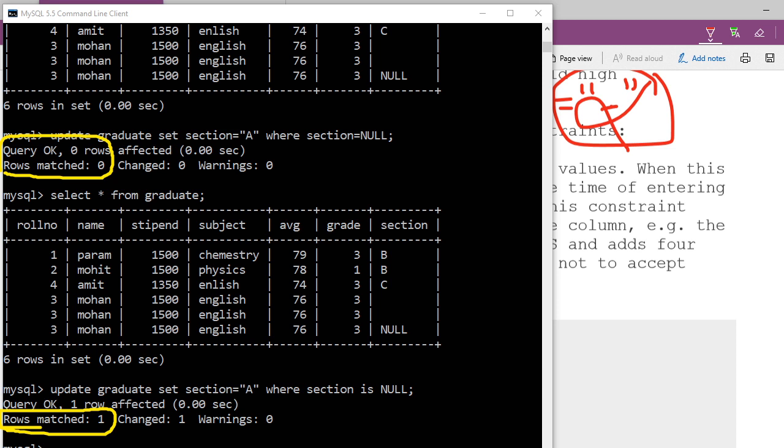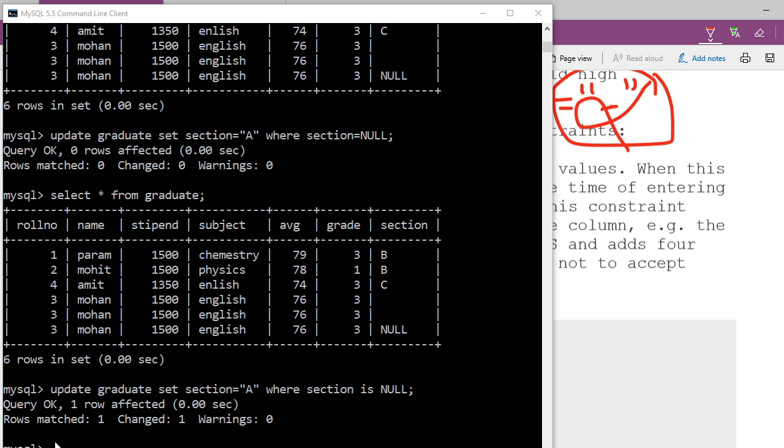Everybody understood? Now you will talk like a programmer. Understand what a null value is: you can't compare a null value. We have written section equal to null, and no rows matched. You can't compare it. But when I wrote section is null, null is a specific value, and when the section value went to null, it changed.